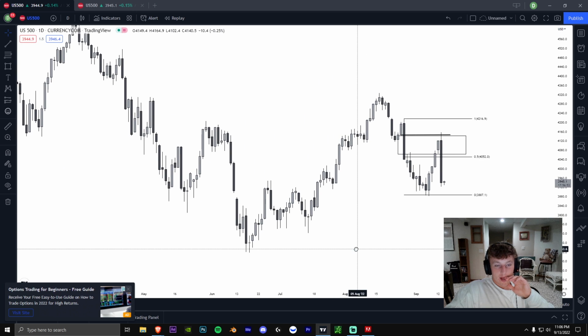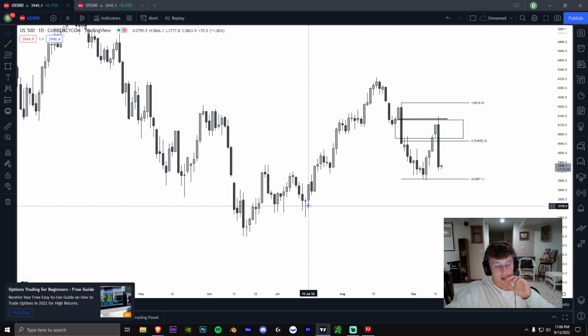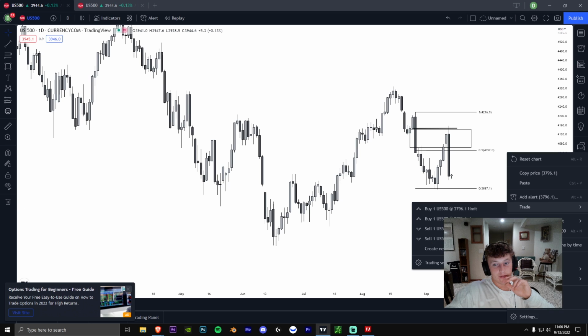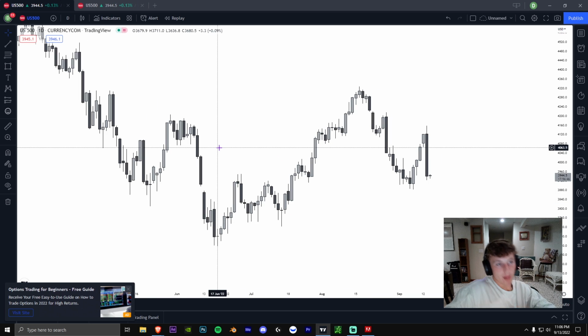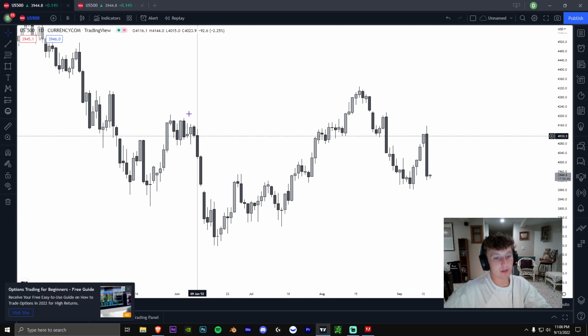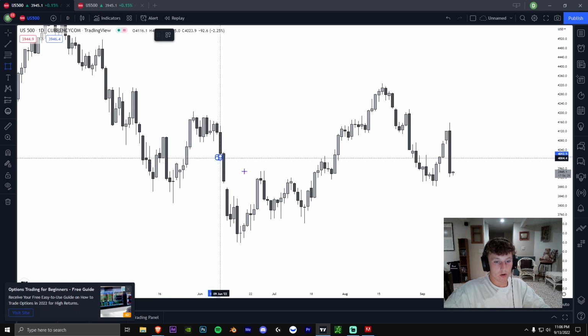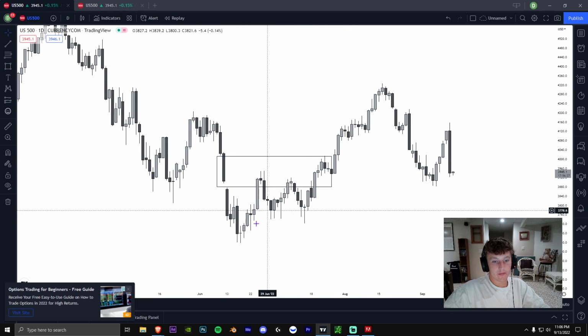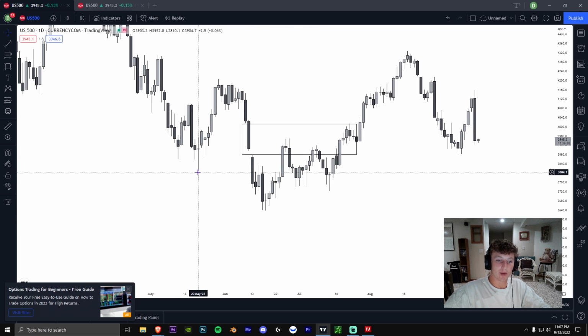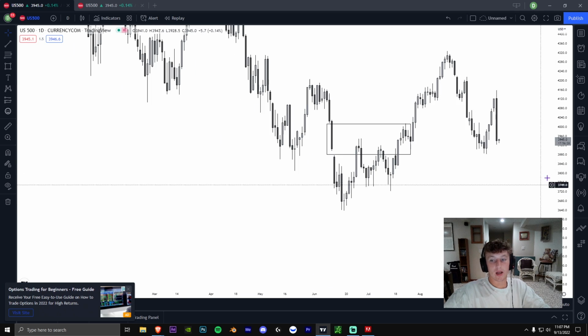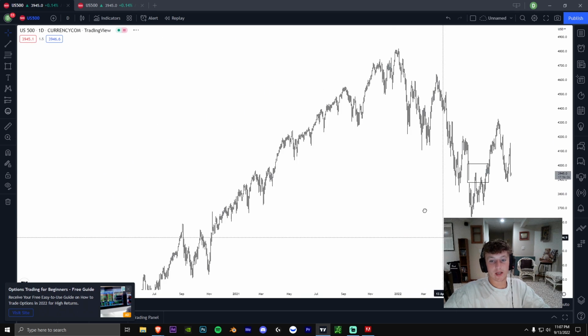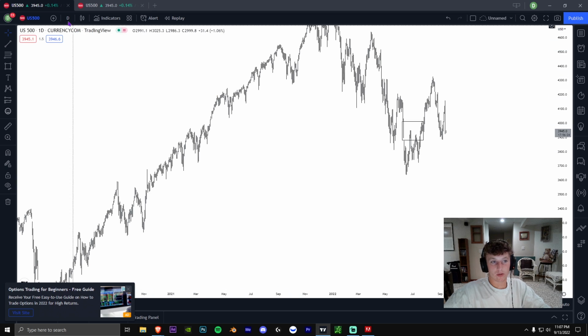So that is the basics of order blocks and fair value gaps and how you look for these setups. What you'll notice a lot of times is even if your bias is wrong, these fair value gaps and order blocks will be roadblocks in your trading. So if you were long down here, you have to expect that we're probably going to get an initial rejection off this clean order block, especially because it's so clean. We got the break of structure down here, but this is on the weekly. If you look at the weekly,